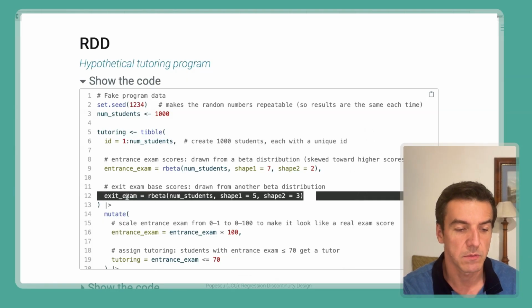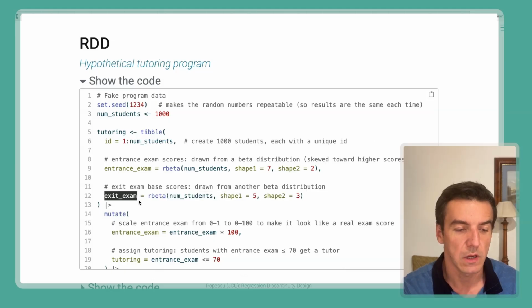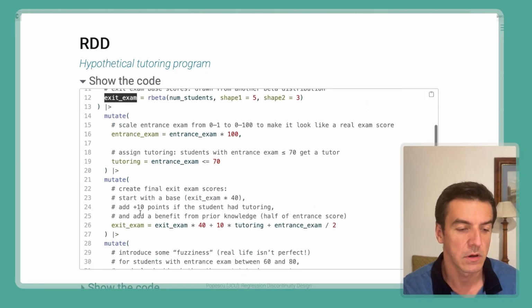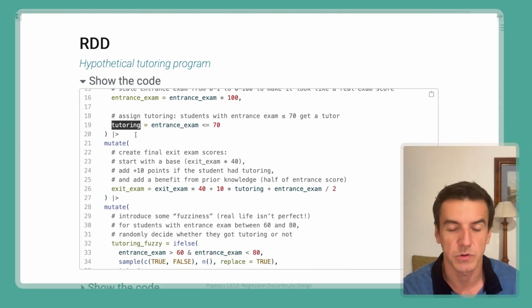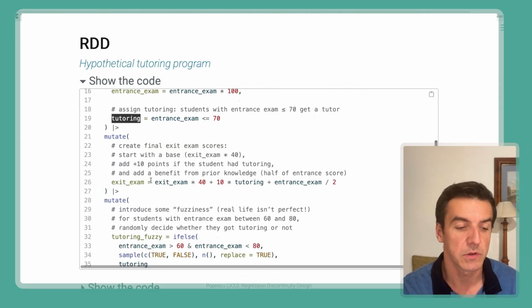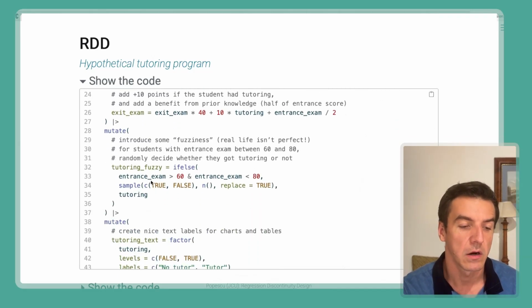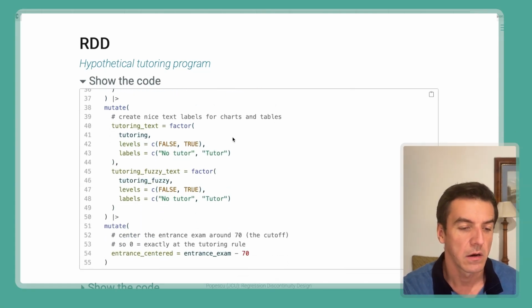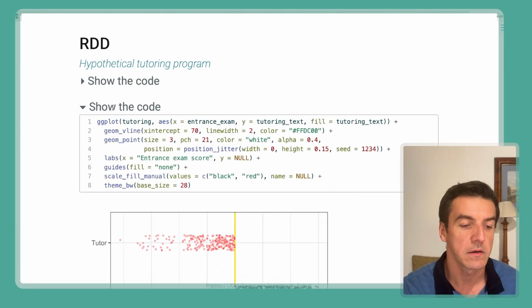We have also a similar score for the exit exam. And then we simply create the variable that captures whether students benefit from the tutoring program or not. We also create some fuzzy entrance exam. Long story short, this is what the data generating process is, which allows us to then put that into a ggplot